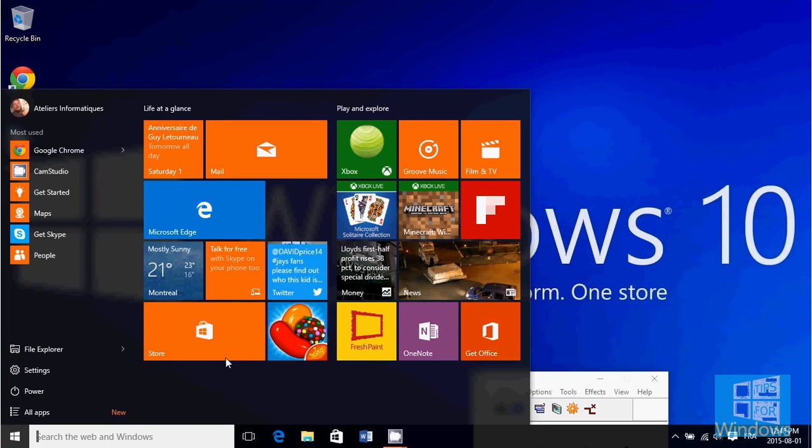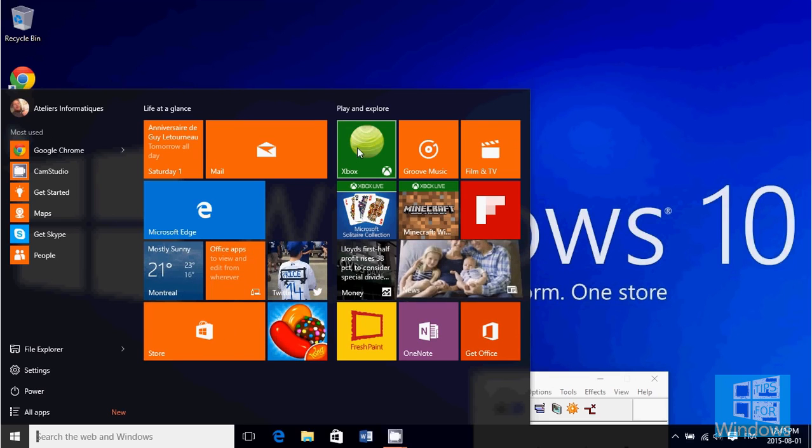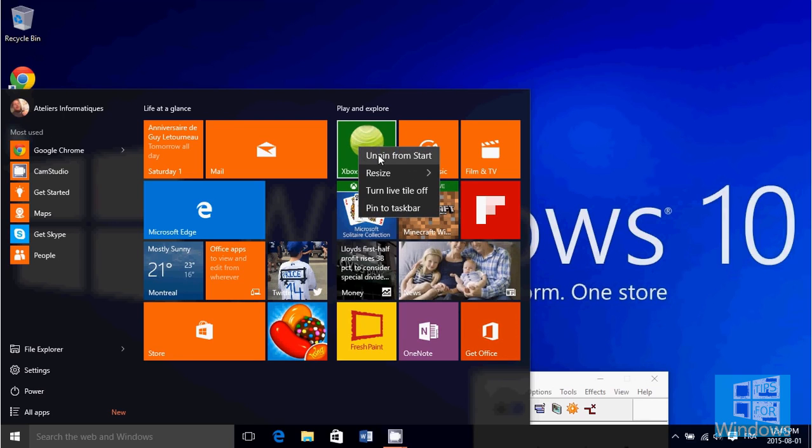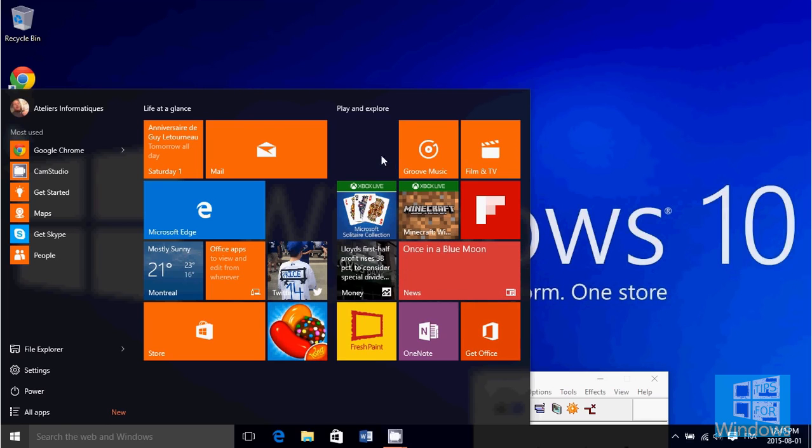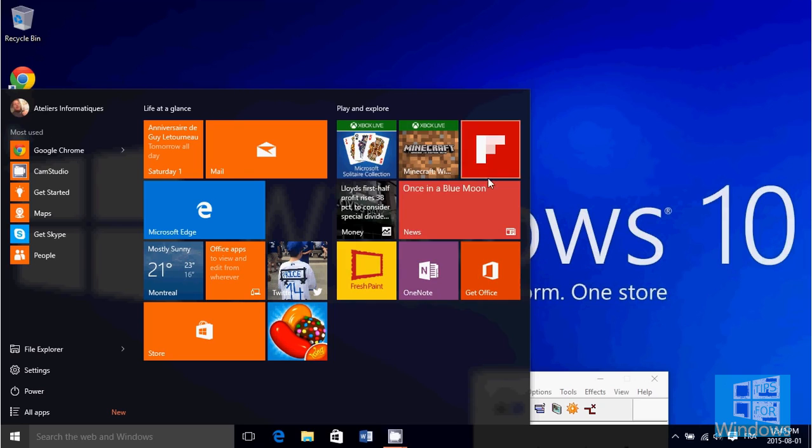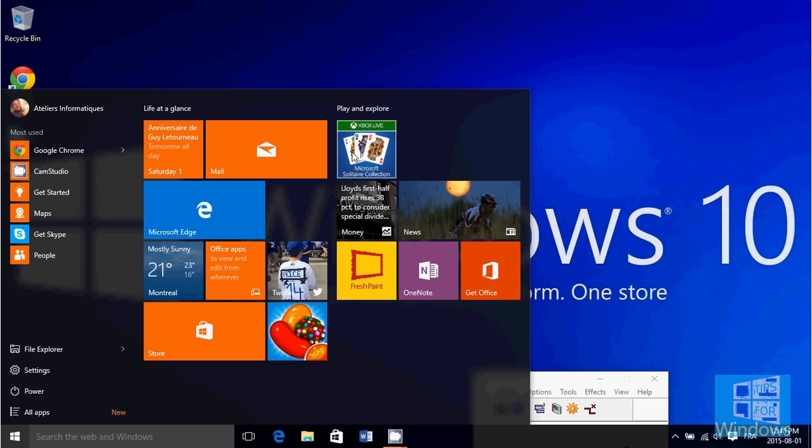Simply right click on any tile you don't want, first of all. So the idea is to just remove everything you know you'll not use at first, and then we'll see how to add and organize the start menu. So for example, I will unpin. You right click on the tile and you unpin from start. Anything you don't want, you unpin from start. So here I go, unpin, unpin. We'll unpin this,